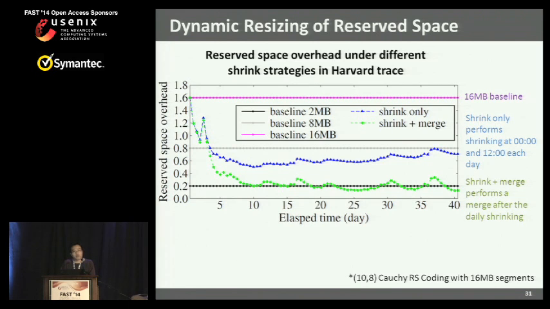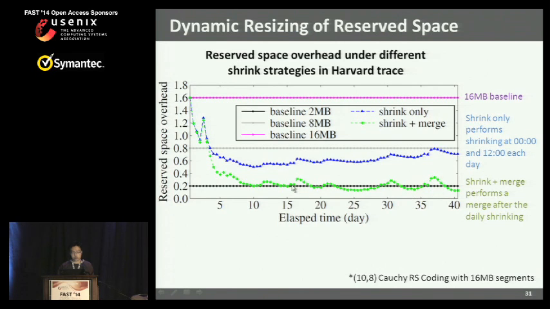So that means that you free up more reserve space, so that later on, you can shrink even more. And we allow the shrink to go back to 0, so you can release all the reserve space. Now, if later on you have some parity delta coming, you just fall back to the fully overwrite approach. Okay, so here we see that the green curve, our approach, will drop to the reserve space